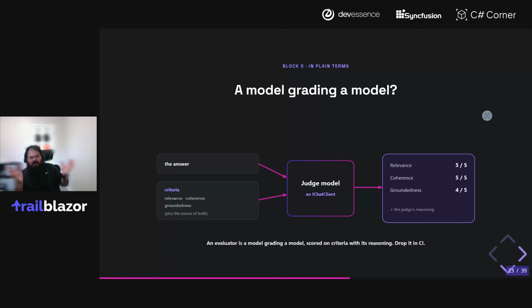But then all of a sudden, if somebody were to ask the model about how to cook steak or whatever, right? You would have that ground truth plus something that's relevant, your criteria, to then be able to say, hey, if your model were to go ahead and respond to that request, then that's something the evaluations would surface as wrong, and at that point you would effectively take action on that.